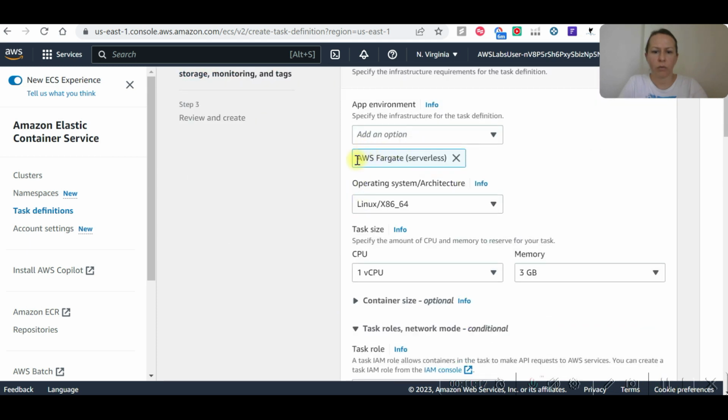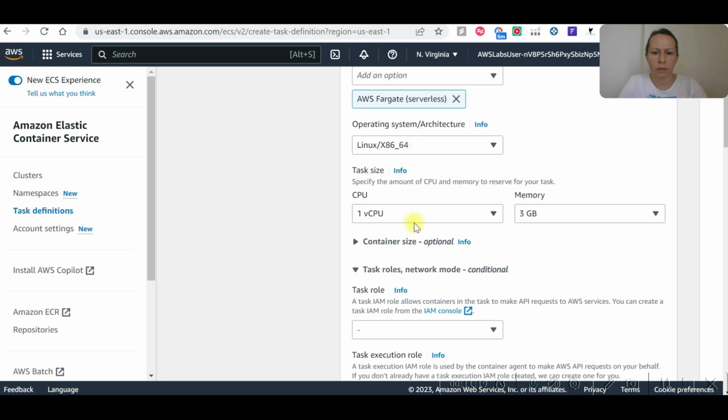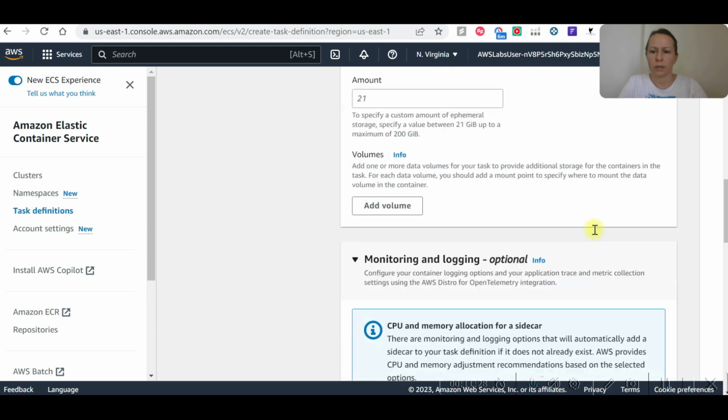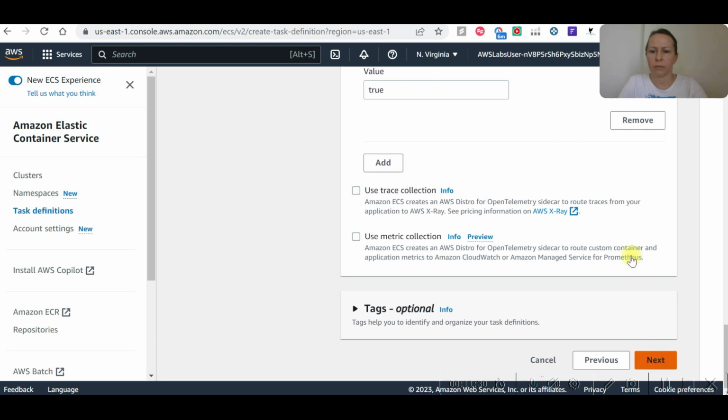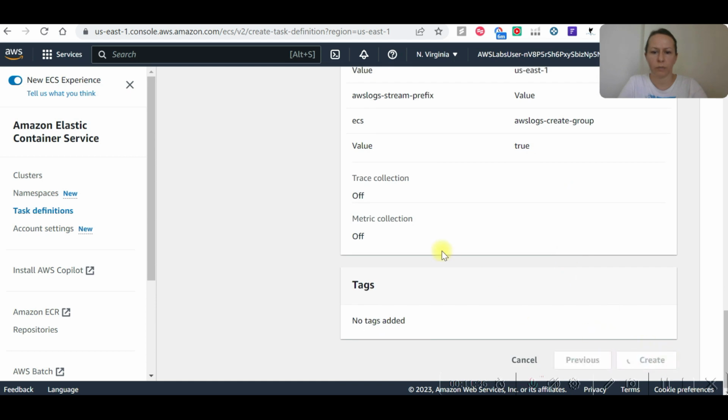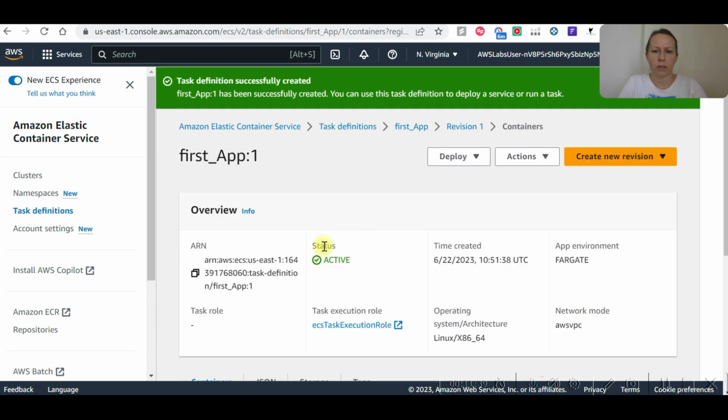App environment already shows Fargate serverless. This is Linux. This is going to be 0.5 and 1 GB memory. Let's go down and click next. Go down again and create. It is active, and now go to deploy, run task,